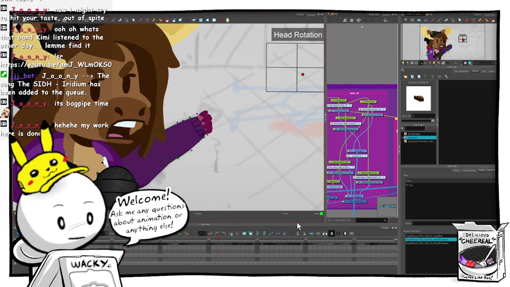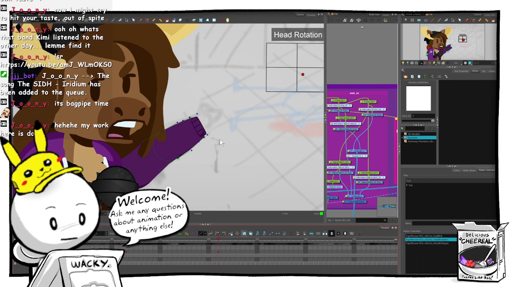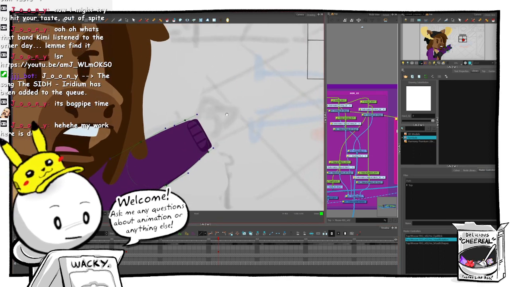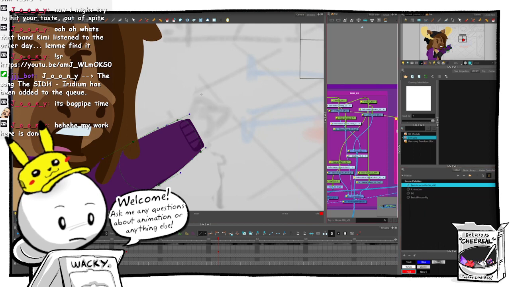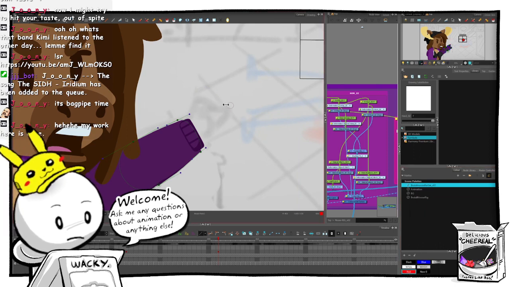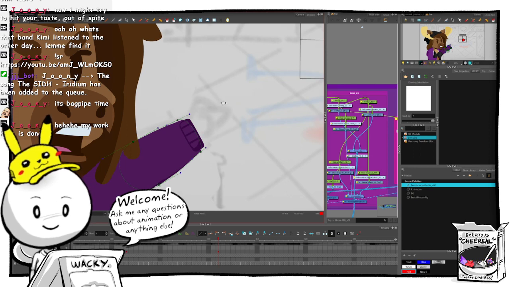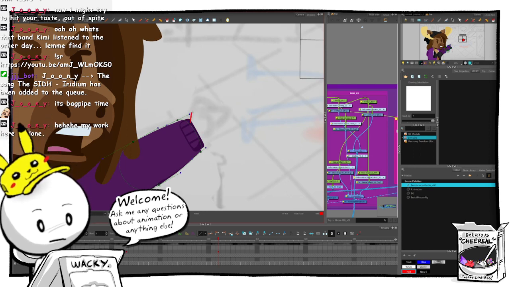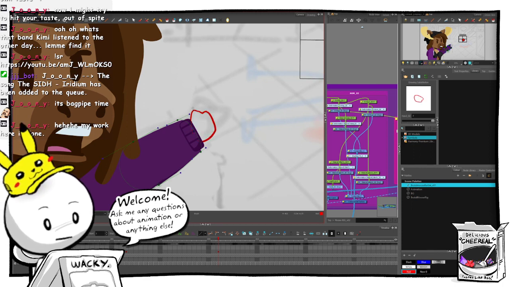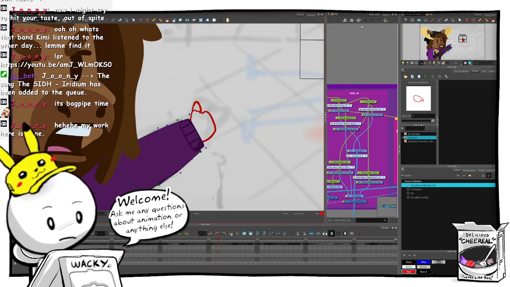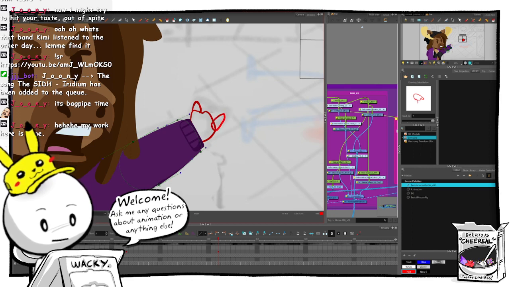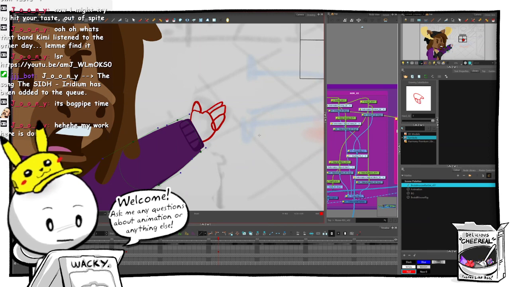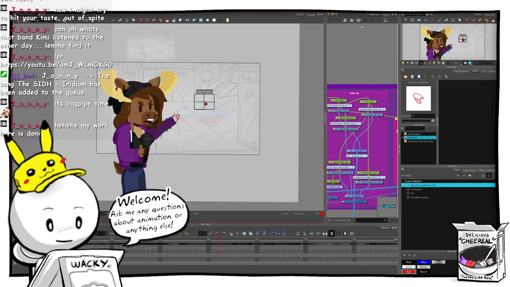And we need a new hand drawing. Shape kind of like this, I think. I think that looks cute.